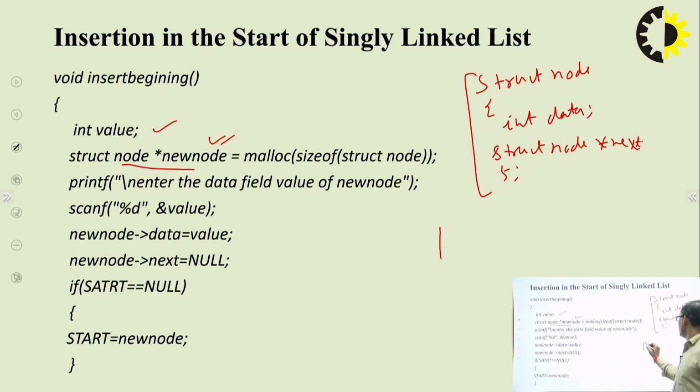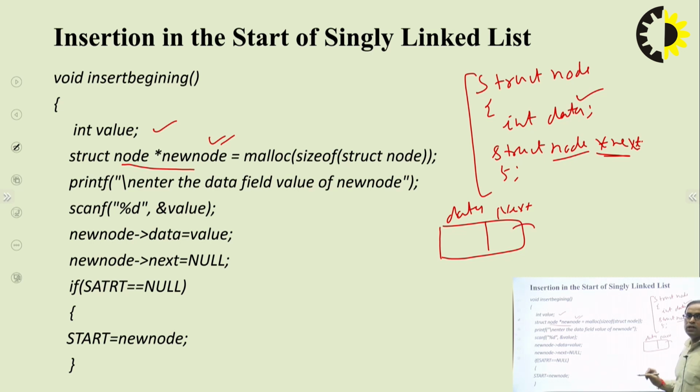It means we are going to create a node that consists of two parts. The first part is the data, and the second part is the next field, which is a pointer of node type structure, which contains the address of the next node. So at first we define the structure of a node. After that we create the new node. Then this syntax is used to allocate memory to the newly created node. We are using the malloc function here.